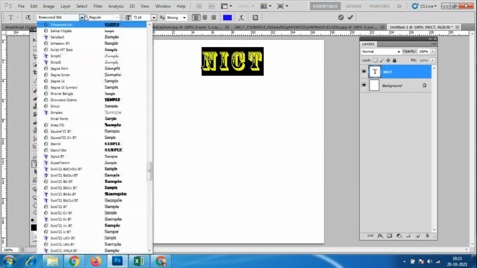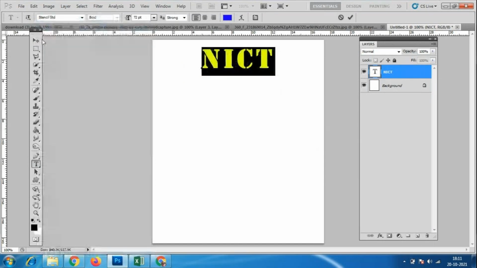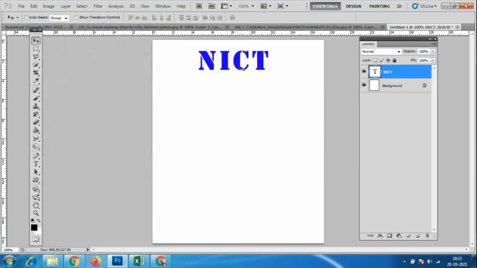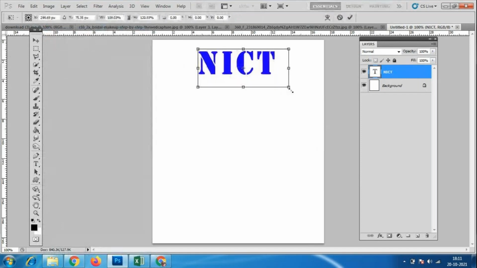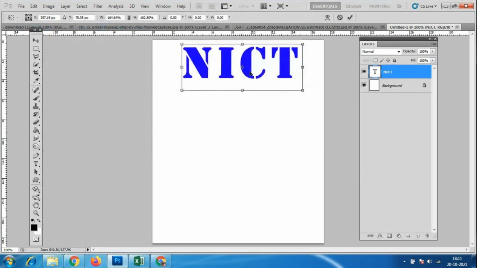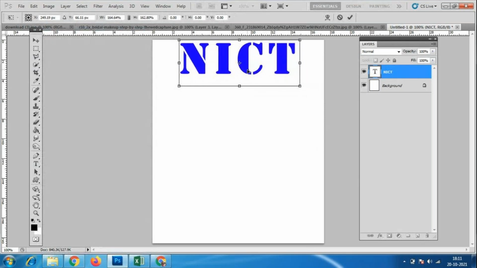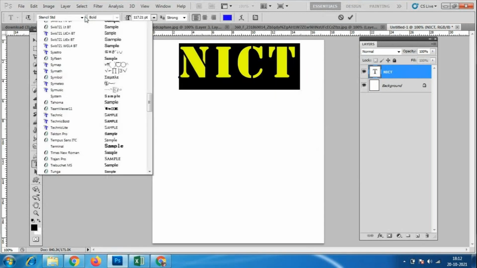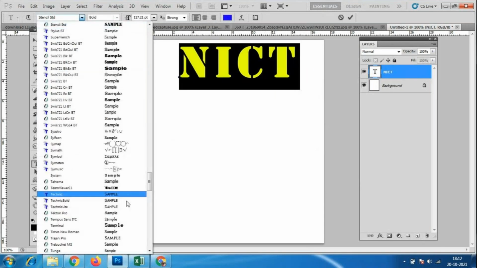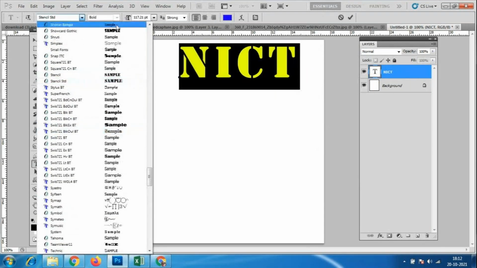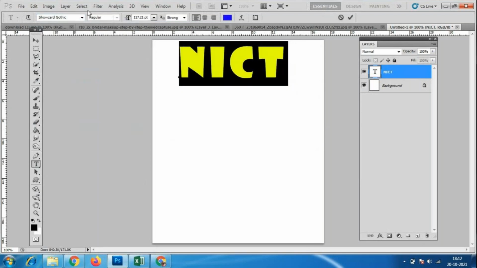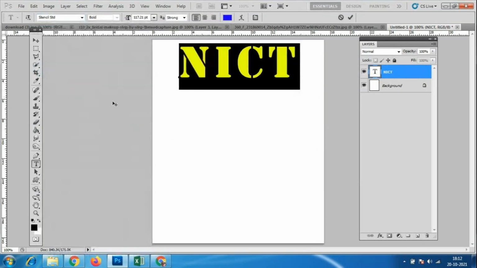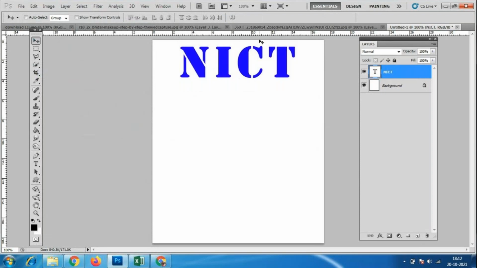Like this, Control T, however much I want to scale it, only that much I can add. Like this, we can add the text.